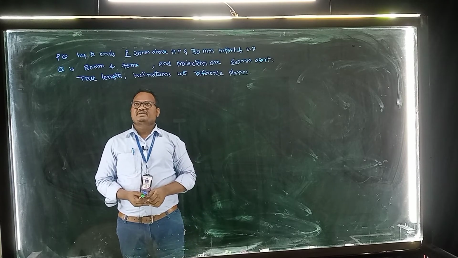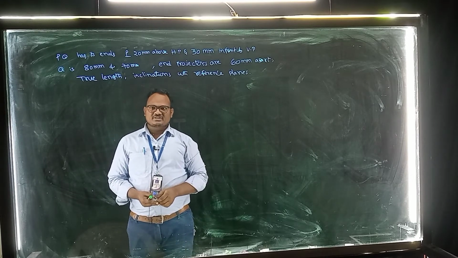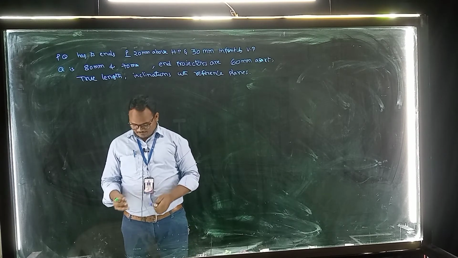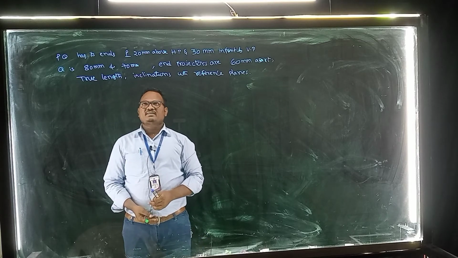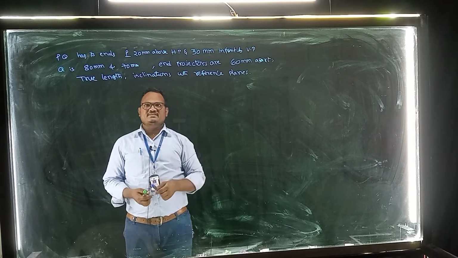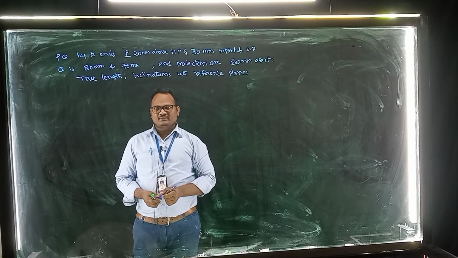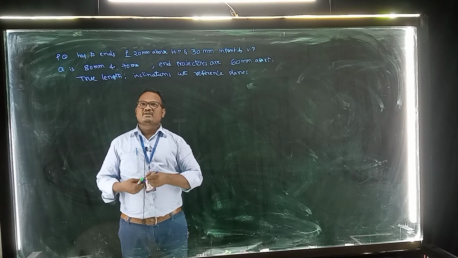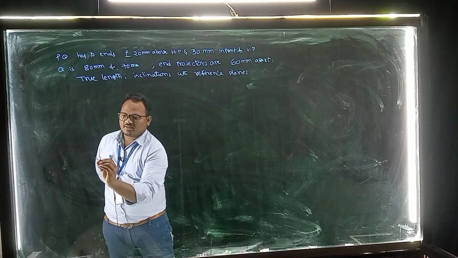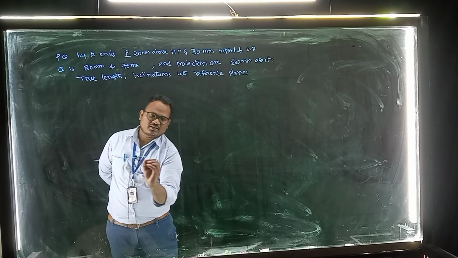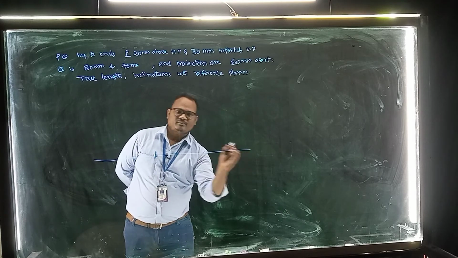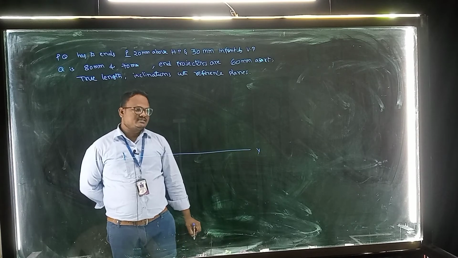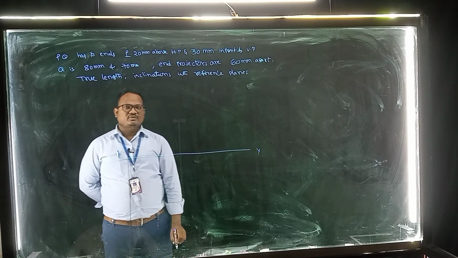So in this problem, instead of giving an angle of inclination and a true length, only the end projectors and end distances are given. Based on the end projectors and end distances, we have to find out the true length and true angle of inclination with HP and VP. So first of all, draw one axis line, XY. This is the axis line or reference line XY.